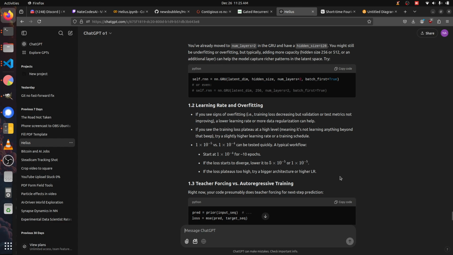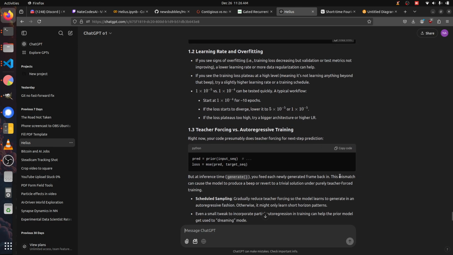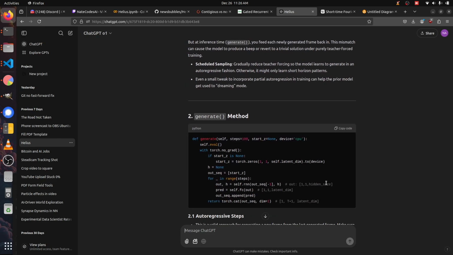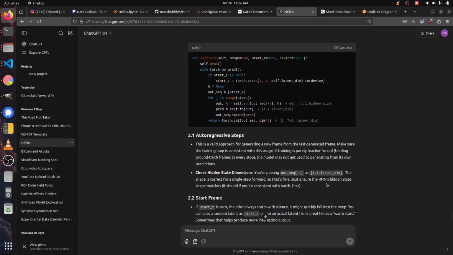All right. If the loss plateau is too high, teacher forcing versus autoregressive. Your code presumably does teacher forcing for the next step prediction, but inference uses autoregressive steps. This is a valid approach for generating new frames from the last one. Make sure the training loop